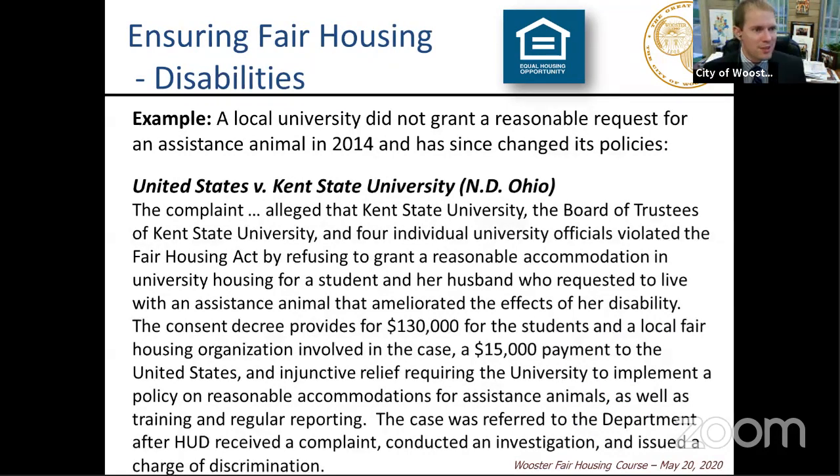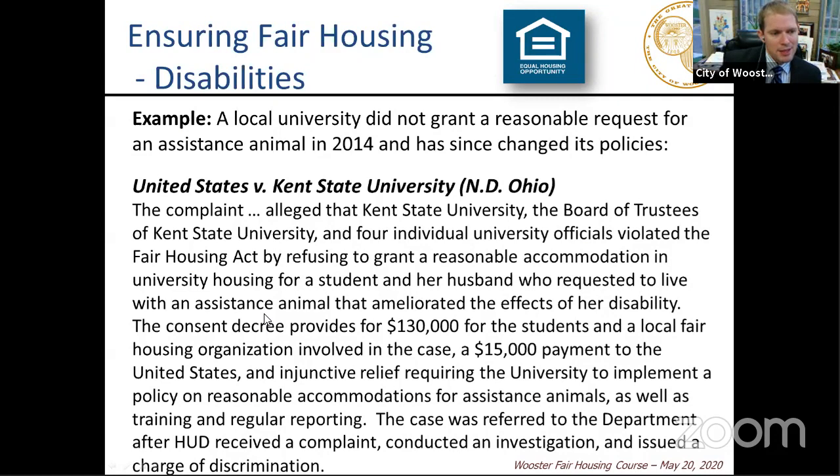So, ensuring fair housing for people with disabilities, here's a recent local case. A local university did not grant a reasonable request for an assistance animal in 2014. That university has since changed its policies, but this particular case was the United States versus Kent State University, and in the complaint it alleged that the university failed to follow the Fair Housing Act by refusing to grant a reasonable request and accommodation for its university housing for a student and her husband who lived there to live with an assistance animal that ameliorated the effects of